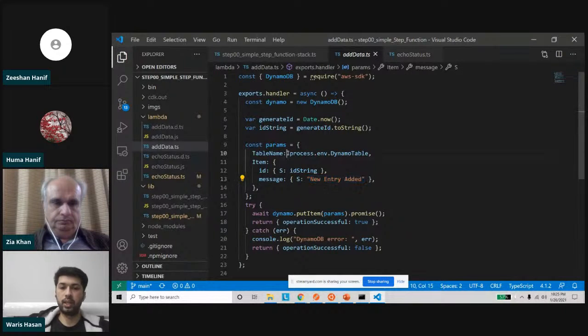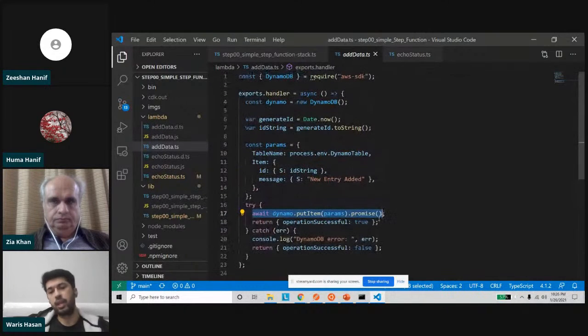And we also have to pass the name of the table, and that's it. It's very, very simple code. So here we're adding a simple item in the DynamoDB table, right? Now, the important thing is that if this item is added successfully to the DynamoDB table, then we are returning